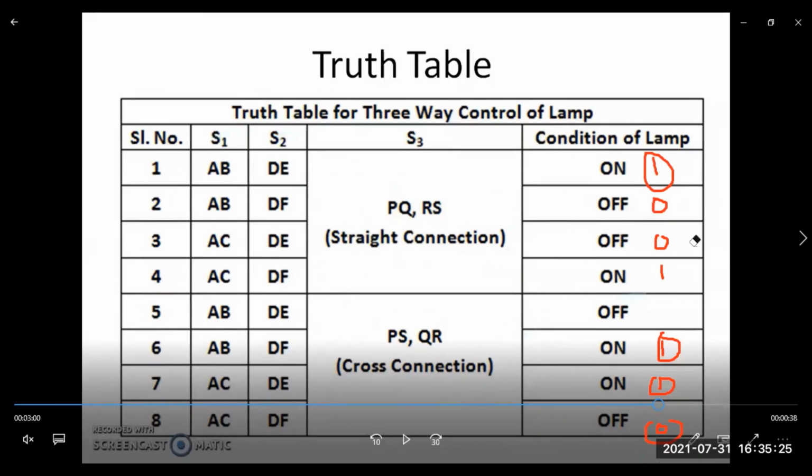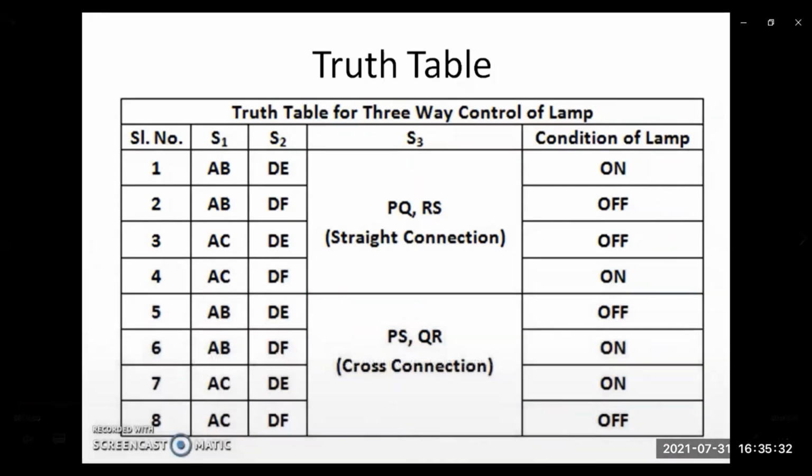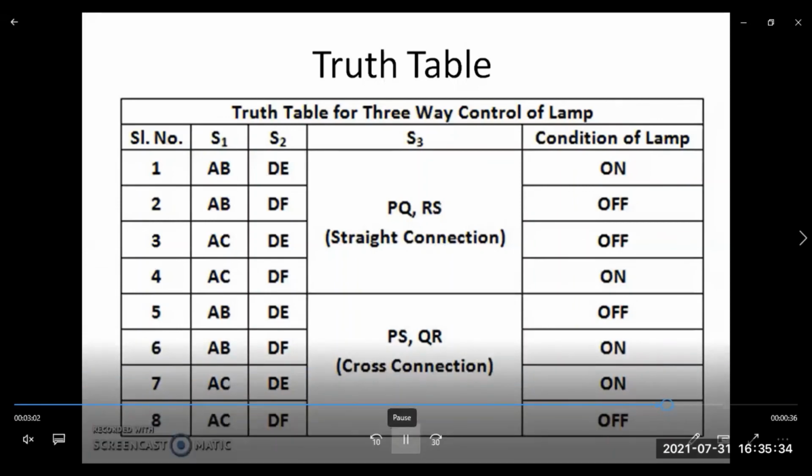The main application of three-way control of lamp is in large warehouses, godowns, etc. Especially in the food industry, where the grains are stored in a huge building, it is required. So that is the major application of three-way control of lamp. So we have performed two-way and three-way control of lamp. Now we have to make a